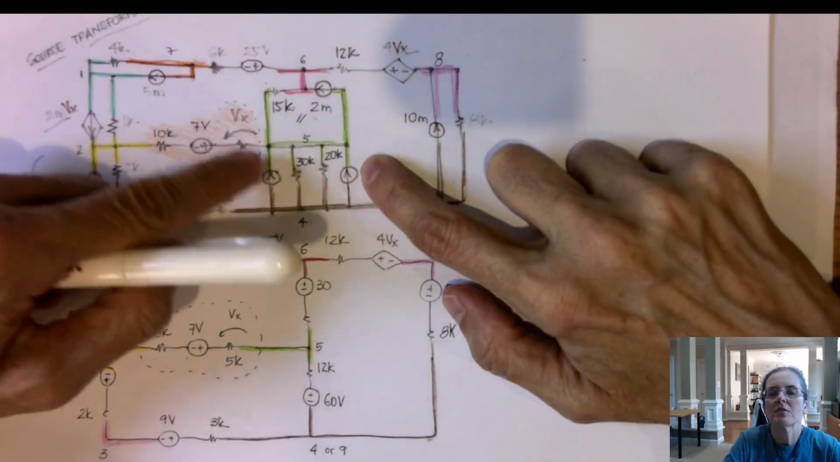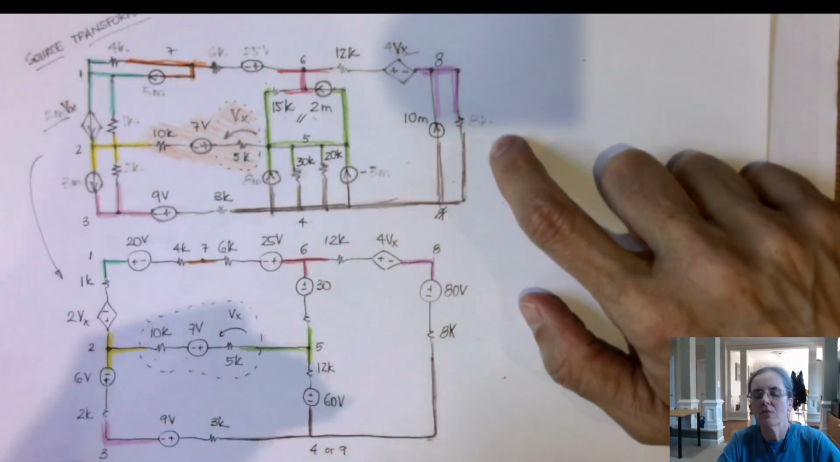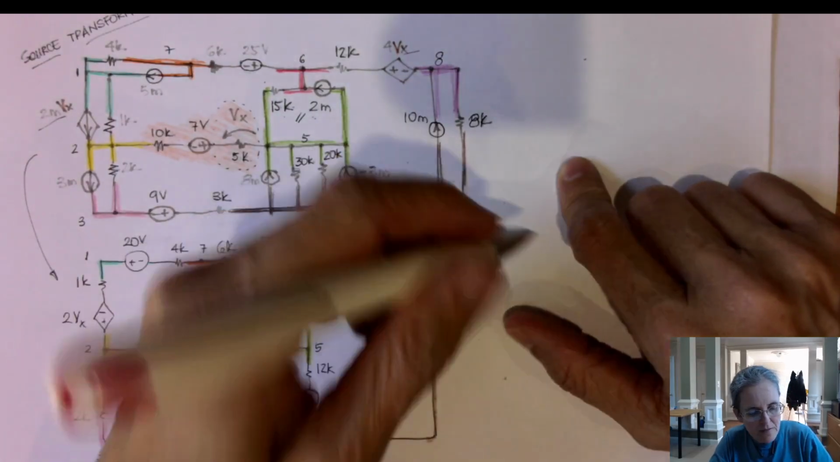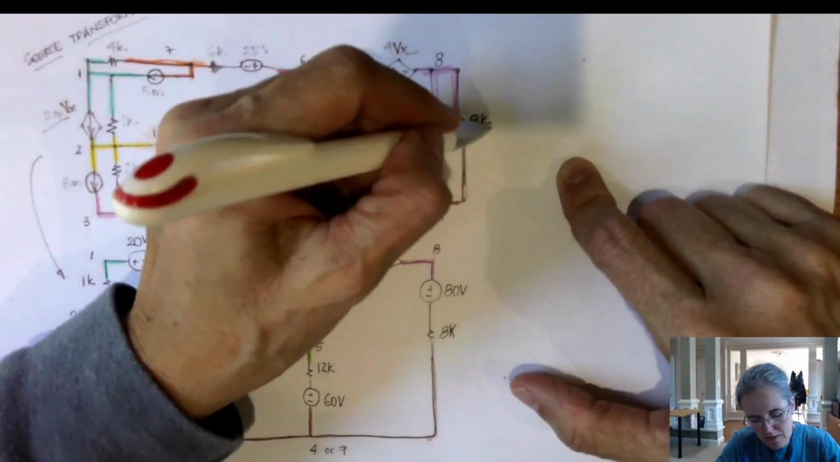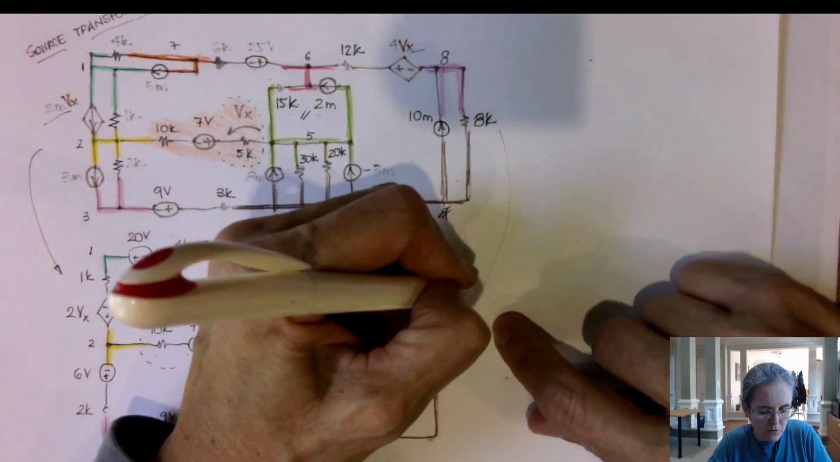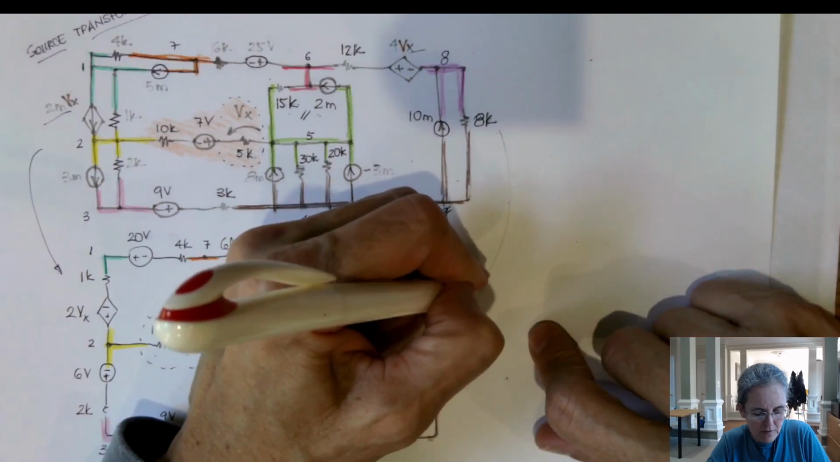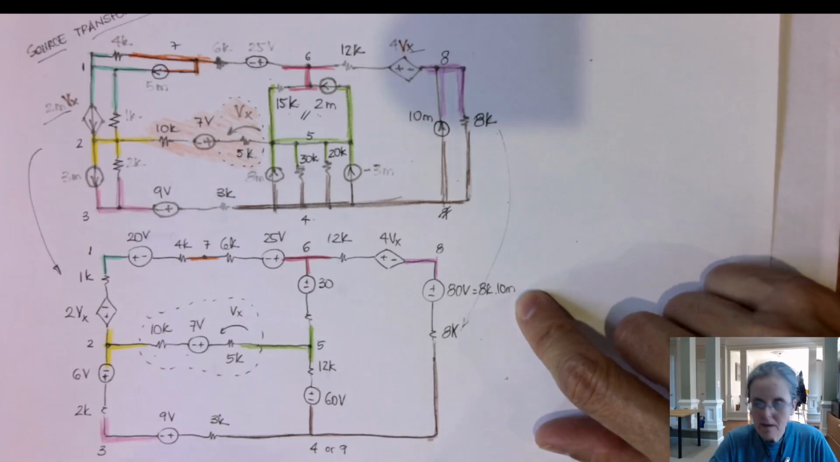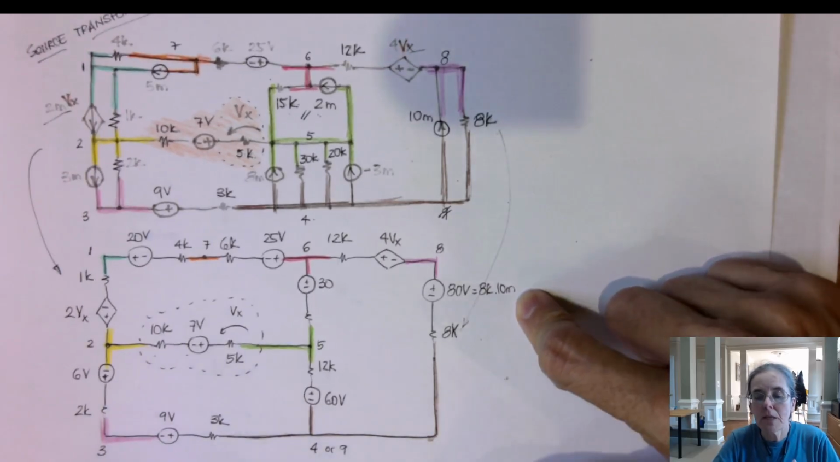Maybe this is the hardest one. Let me start on the right side. So there's 8 kilo ohms here. If you source transform 8 kilo ohms, it continues to be 8 kilo ohms. But this voltage here equals IR, which is 8K times the 10 milli, which is 80 volts. The same thing I did with many other